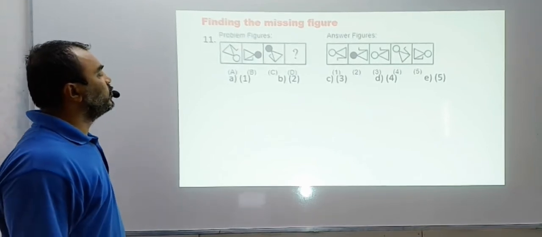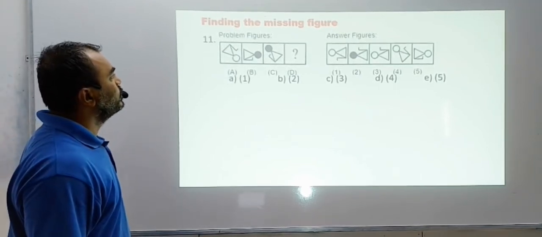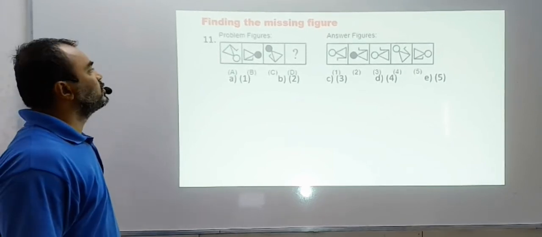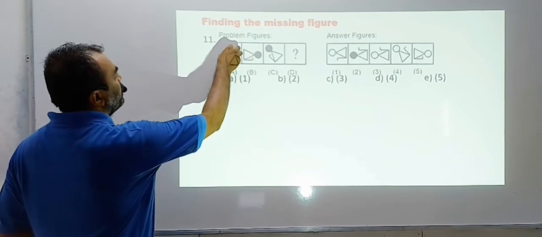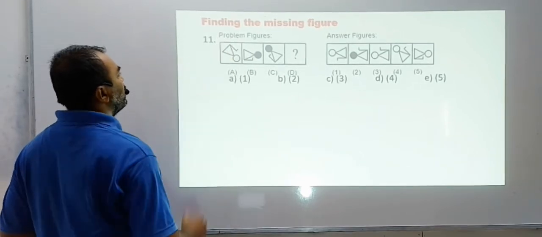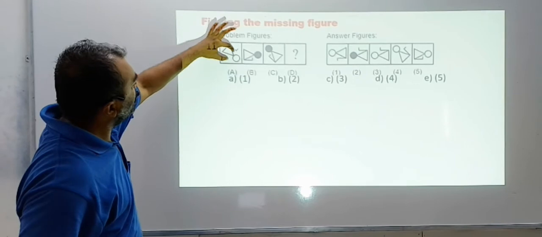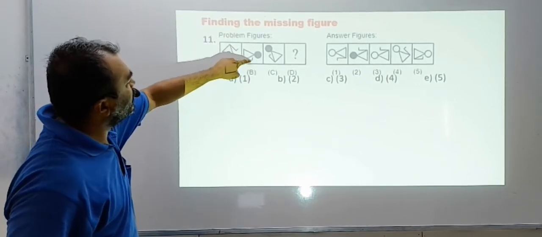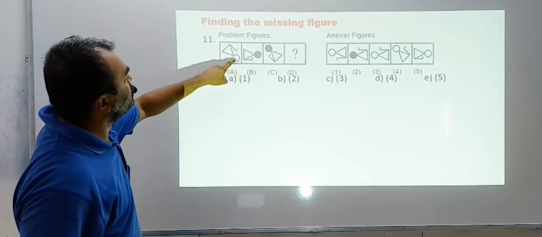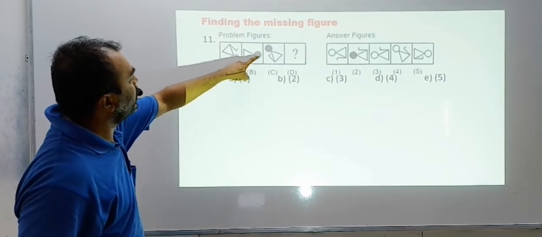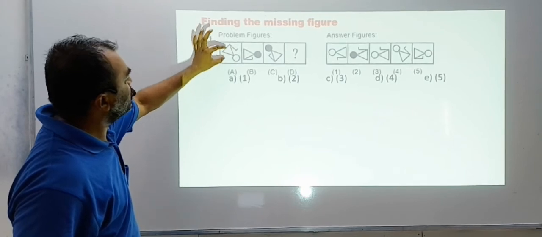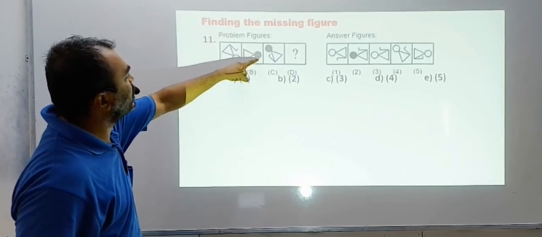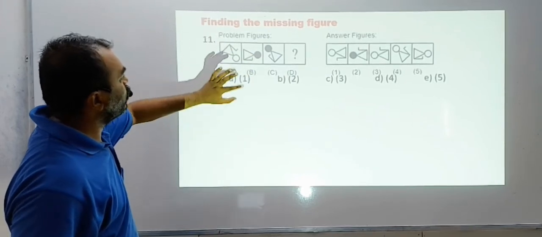So what you have to check in the figure? Have you understood this figure? Let us discuss the logic. This figure has turned by 45 degree first. Okay? And you see this figure has turned by 45 degree, means the circle has moved 45 to come here, but the circle was hollow, has become solid. The triangle movement has not changed, it is only moved by 45 degrees. So the circle has moved by 45, changed color. Triangle has moved by 45, not changed color.